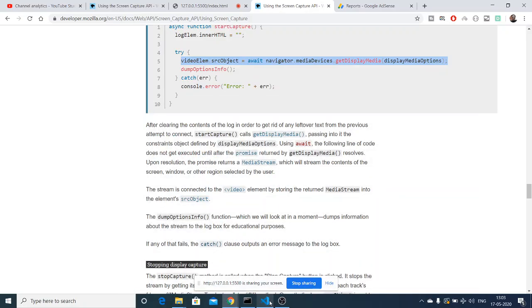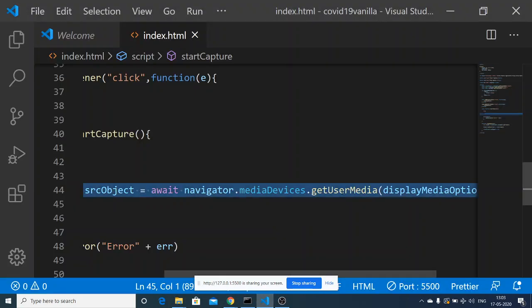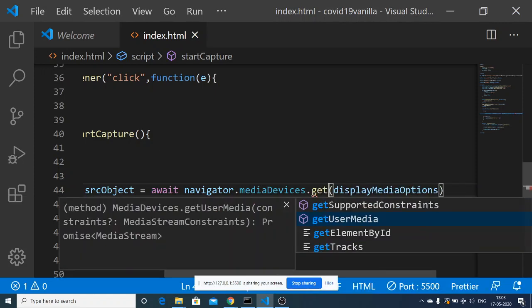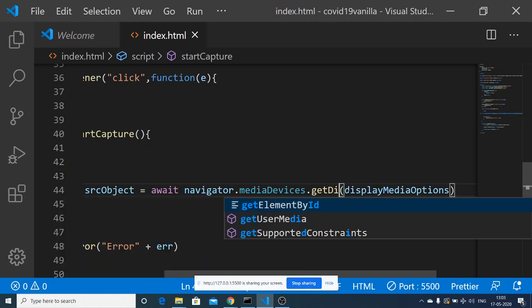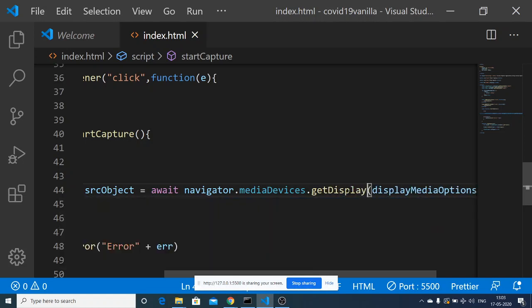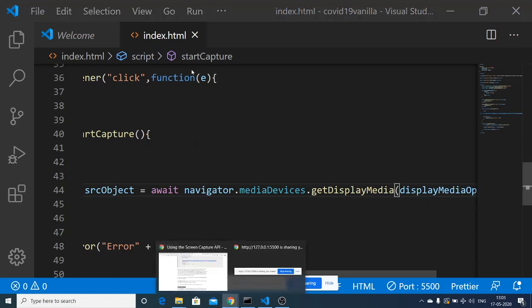Navigator.mediaDevices. Oh, sorry, getDisplayMedia. It is not getUserMedia, it is getDisplayMedia. So these are two methods. This needs to be getDisplayMedia. So this was the function. It captures your display.